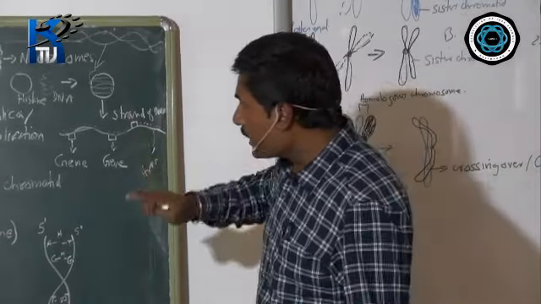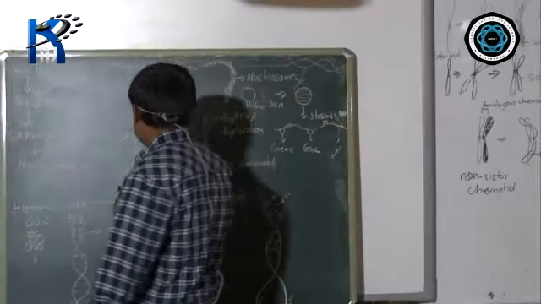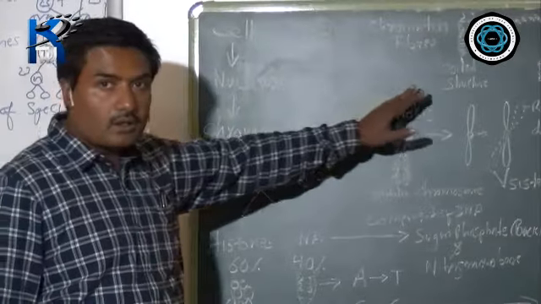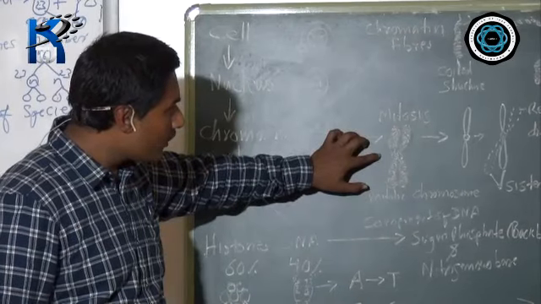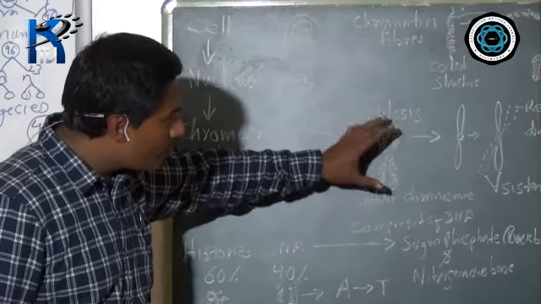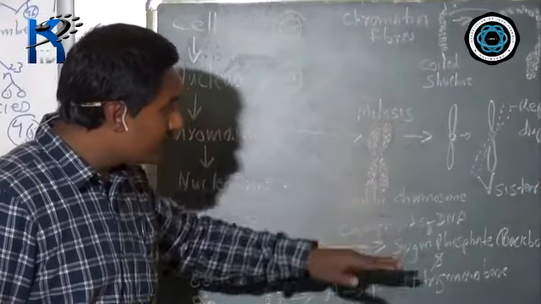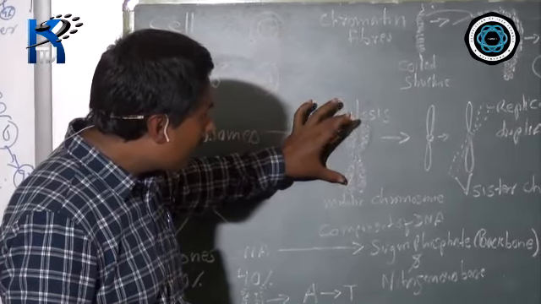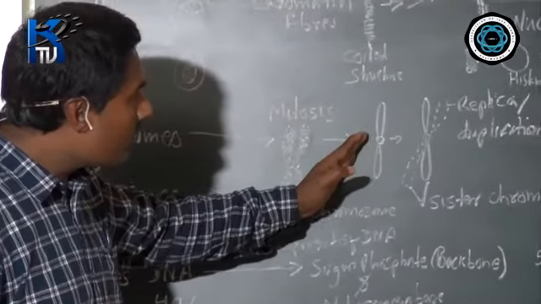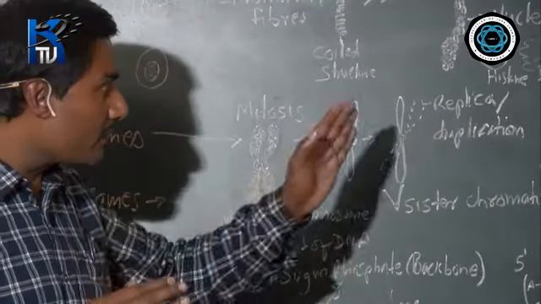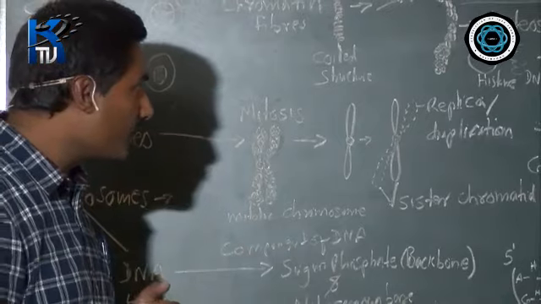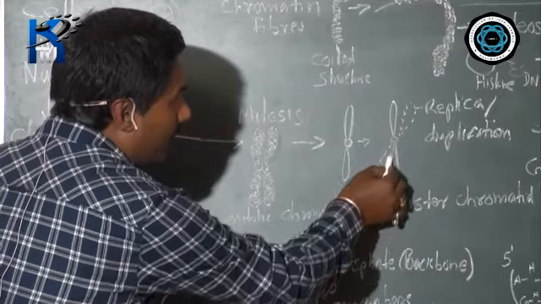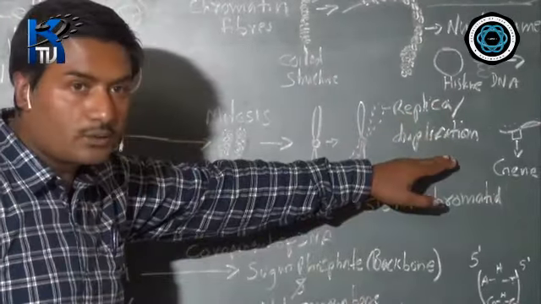Now come to the next part. Here you see I have written mitotic chromosome. That means this chromosome, whenever it undergoes mitosis, there are peculiar changes. So here what will happen? One of these chromosome structures will form a replica. When I say replica, replica means duplicate copy, Xerox copy you can say. So this strand will make a duplicate copy. Here you see I have made a dotted line out here. This is the replica, or it undergoes duplication.